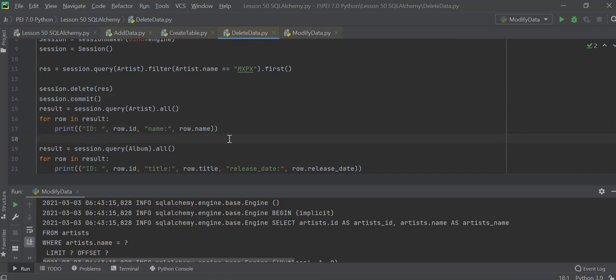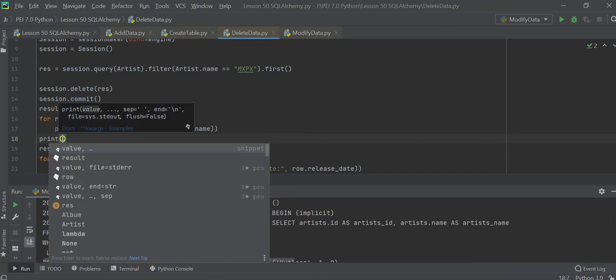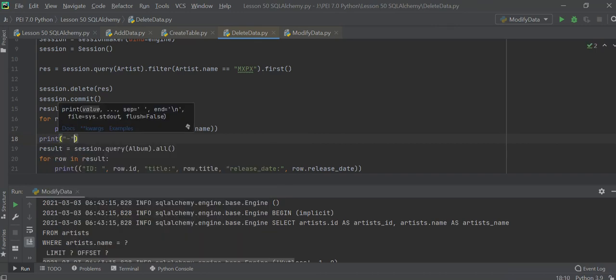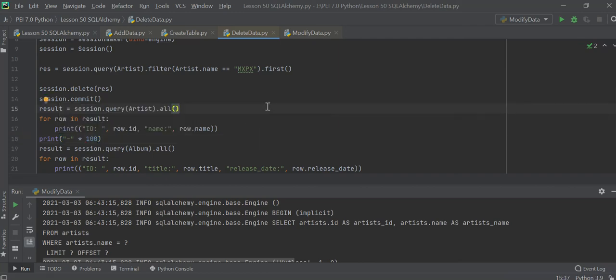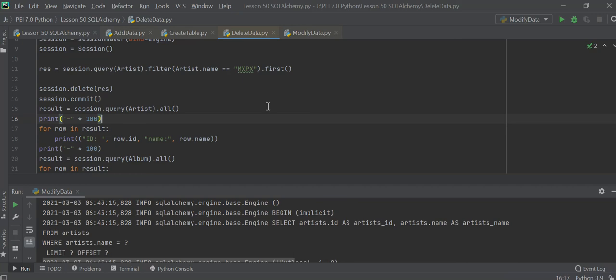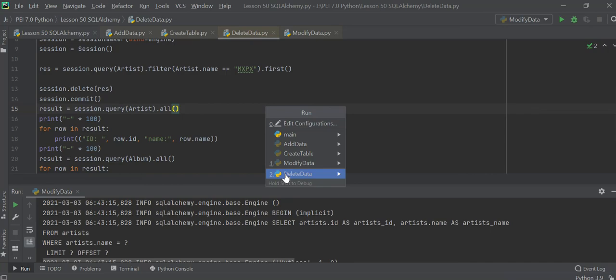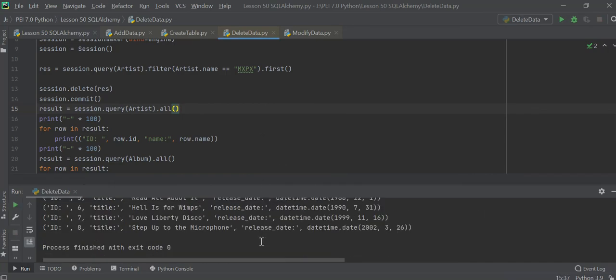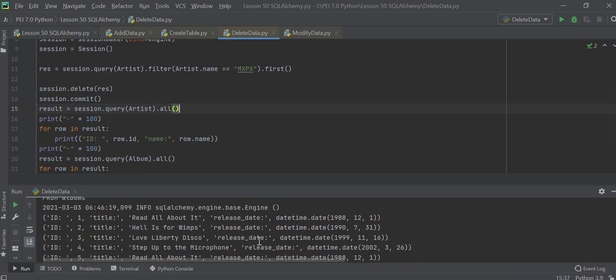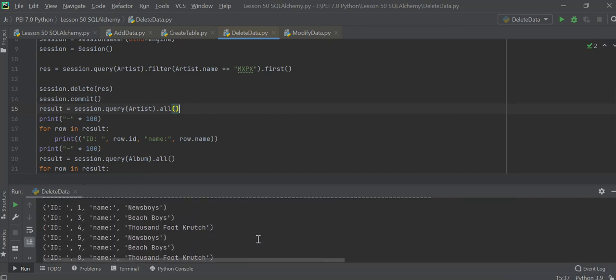So let's just say print, dash time 100. Let's see what it does. Do the same thing, so you know. Like that, and you're gonna run the delete data. See what it does. Okay. Run the program. Delete the data. Let me see. The name,